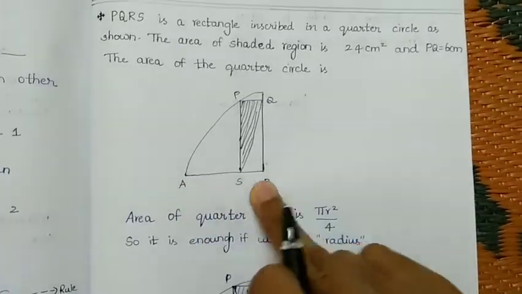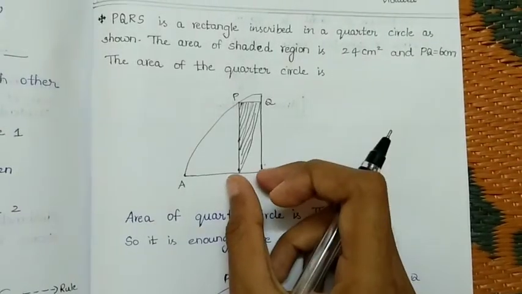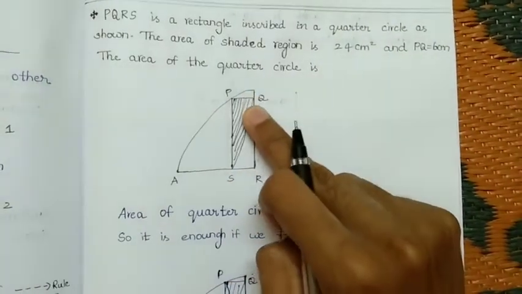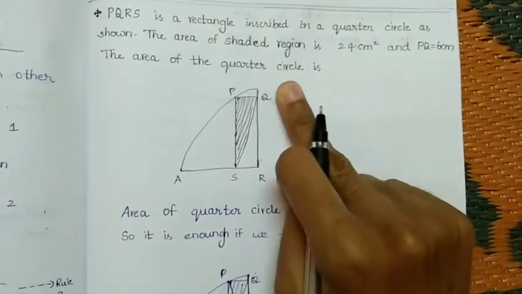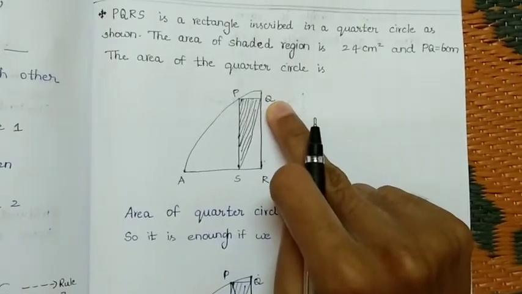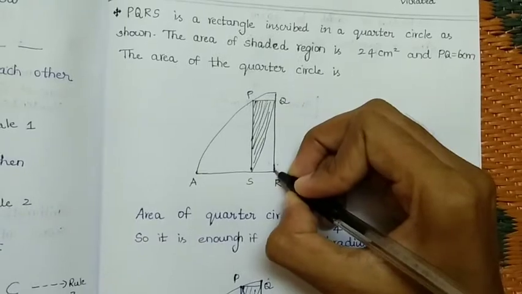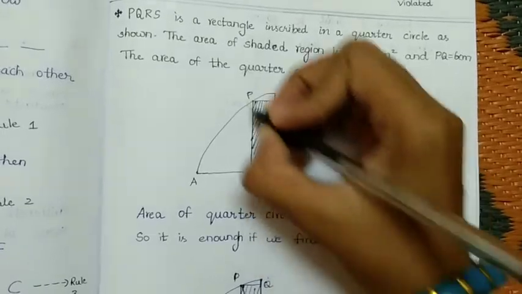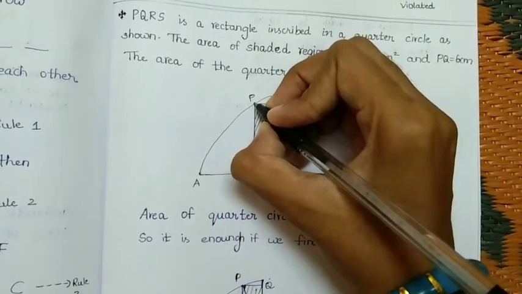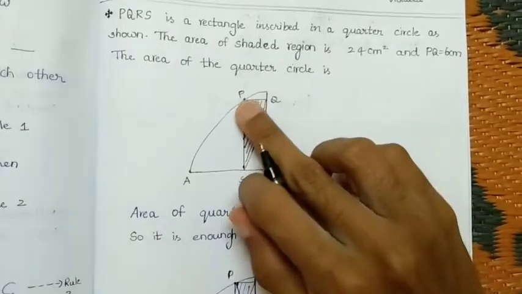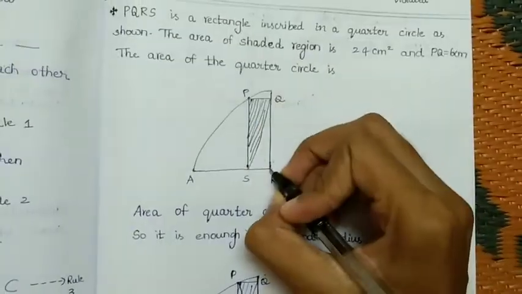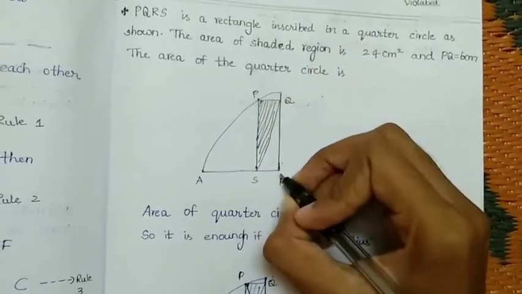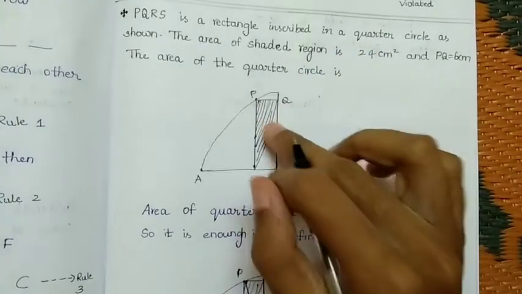So AR is also the radius of the circle, and it is greater than the breadth, but not equal to the breadth, and it is not equal to the length. So it is more than both the length and the breadth of the triangle. That is one thing we can get from this. And if I draw from here to this point, that is also a radius. In the same manner, one of the vertices of the rectangle lies on the arc of the circle. If I draw from the center to here, that is also a radius of this circle, and that is nothing but the diagonal of this rectangle.